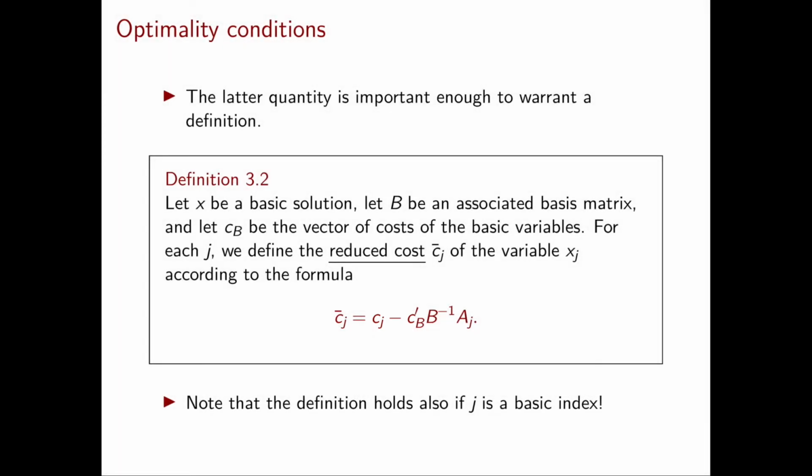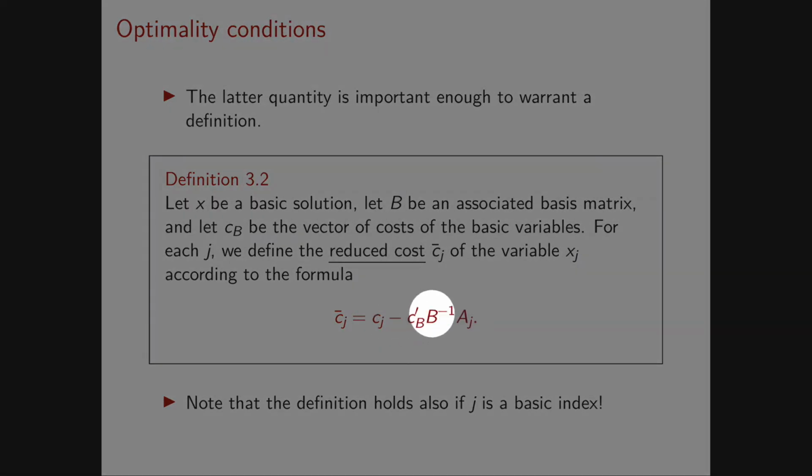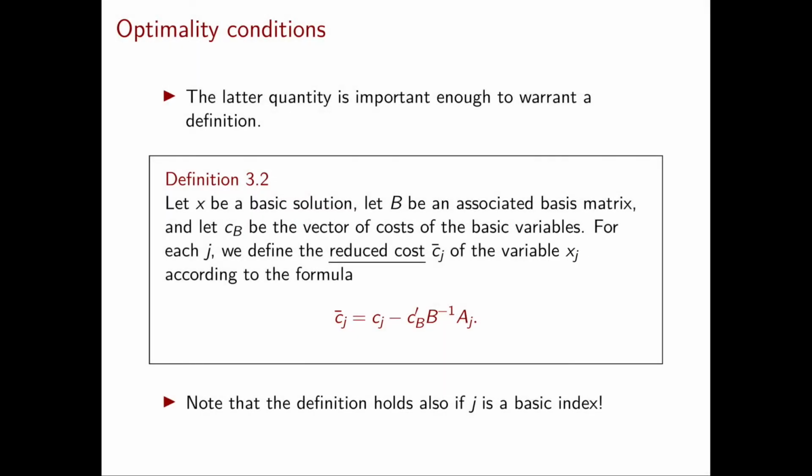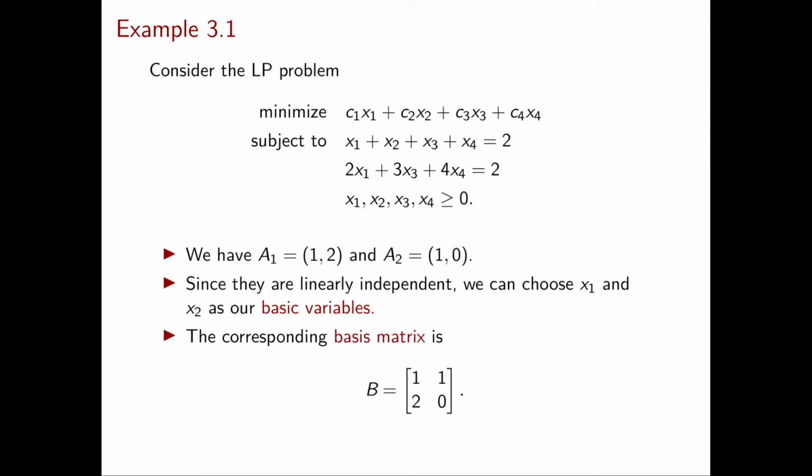However, there is a little detail that should confuse you at this point. In fact, in the previous slide, when we computed this quantity, the variable xj was non-basic. And all the discussion that led us to this formula doesn't really make sense if we consider instead a basic variable. The fact that we are defining here the reduced cost also in the case where an xj is basic is simply a technicality, and we will discuss this very soon. But before that, let's look at an example.